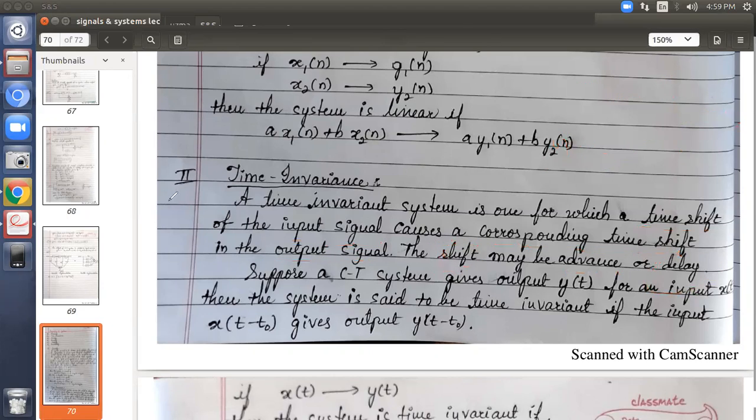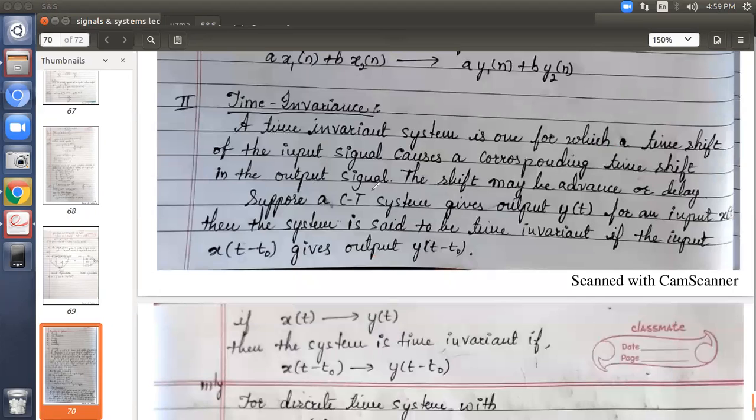Okay, now we have just seen the definition of time invariance. Now we have to see how we can write the equation for this. Okay, let us consider a continuous time system. Suppose your output y of t comes when your input is x of t. Okay, if this is the case, then the system is said to be time invariant